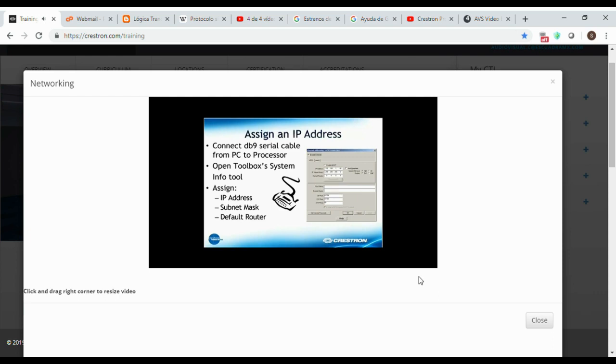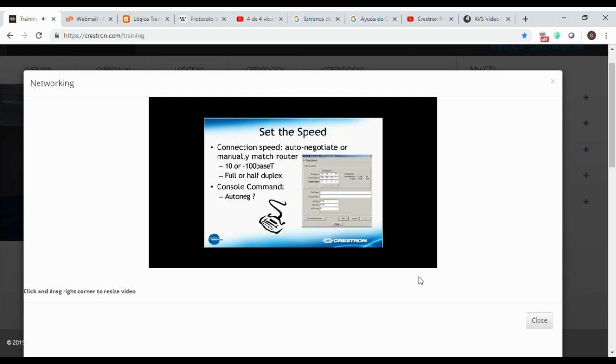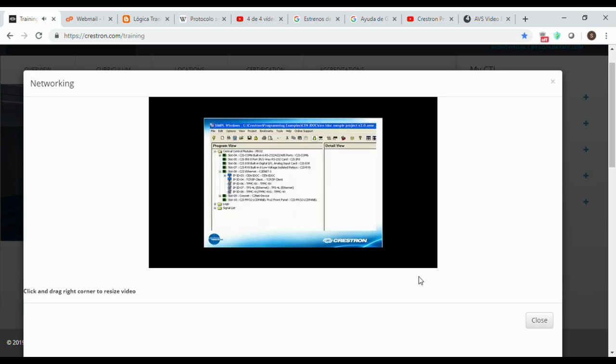Also, notice the port number defaults we discussed. Most of the time you'll leave them as the defaults, but if you need to change them to allow for multiple processors behind a firewall, this is where you would adjust them. One other option available in the configuration is the communication speed, which can be set to auto-negotiate in most circumstances, but some routers and switches don't like that. In that case, you can manually set the speed to match the router's settings. As you define Ethernet